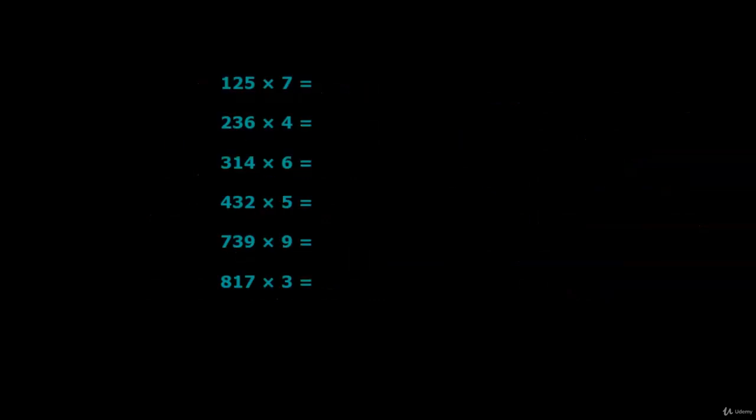And now the tables of numbers more than 100. So 125 times 7 we have to write. 7 times 1 is 7. But the place value of this 1 is 100. So 7 times 100 is 700. And the 7 times 2 is 14. But the place value of this 2 is 20. And 7 times 5 is 35. So 700 plus 100 plus 40 is 840 plus 35. So 840 plus 35 is 875.